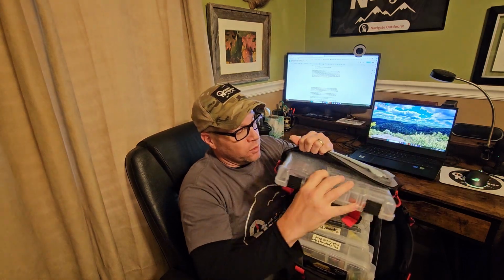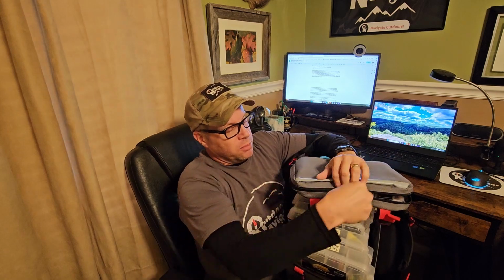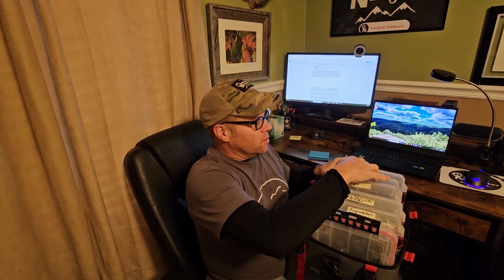Inside here on this pocket, okay, I got a 3600 Plano. This actually comes with 2 of them. Now, I don't know where I put the other one, but I still got one of them. And that's a good place to store it. So you got that top piece. Now inside here, I don't know if y'all can see it, but I got some Plano. Pretty much all of them are Plano,